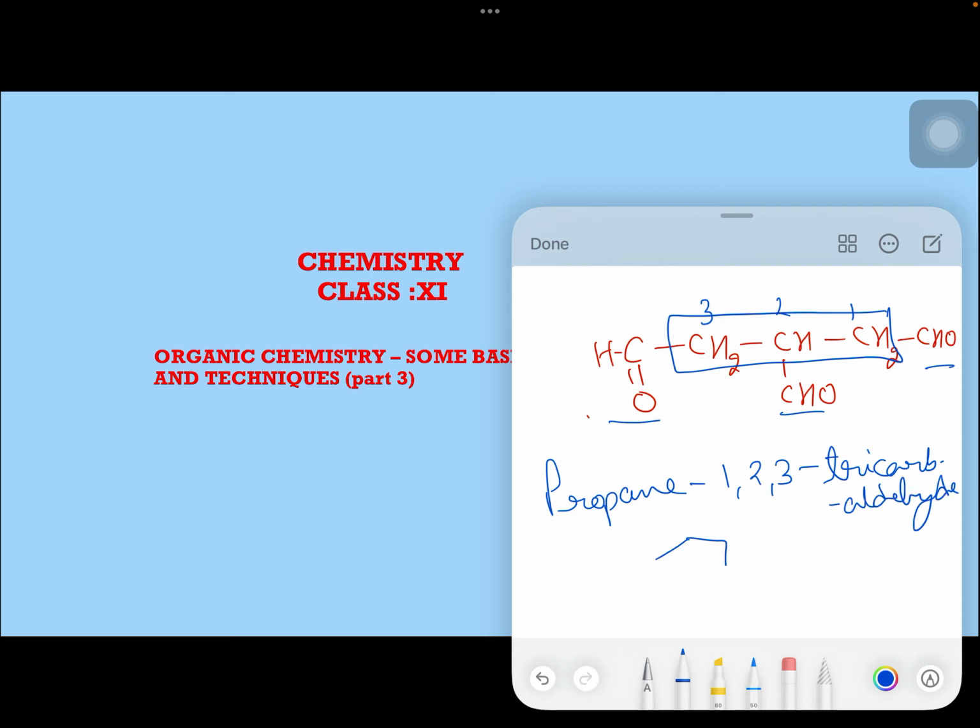If there is a cyclic compound, CHO. Now I cannot, this is cyclohexane. I cannot call it cyclohexanal because then I am counting the 6 carbons of the cyclic structure, but this one is not counted. I cannot even call it cycloheptanal because the cyclic part has only 6 carbons. So here also use the same technique. What do you have to do? You have to call it carbaldehyde. So this becomes cyclohexane carbaldehyde. As simple as that.